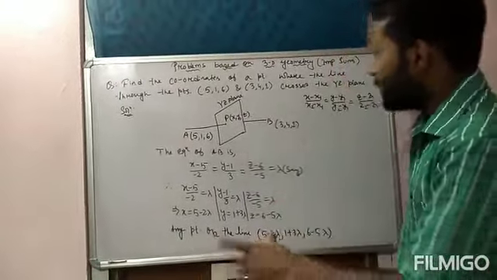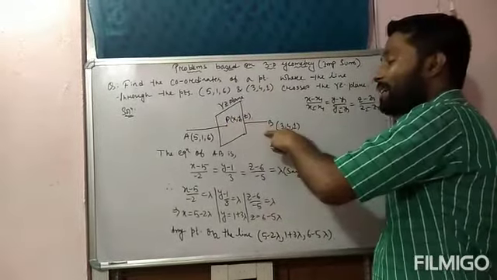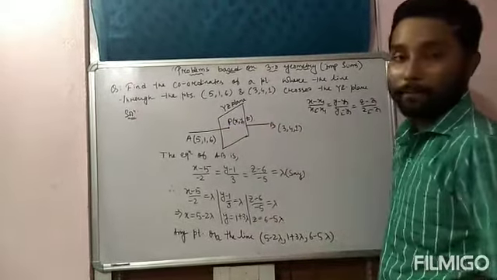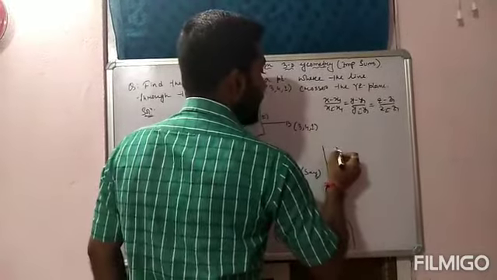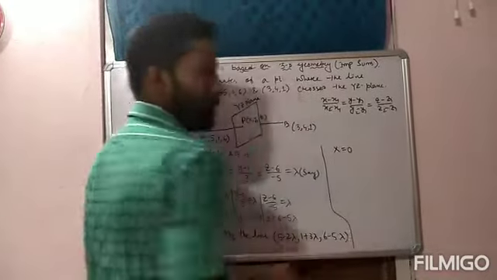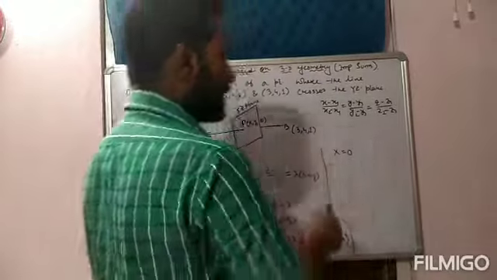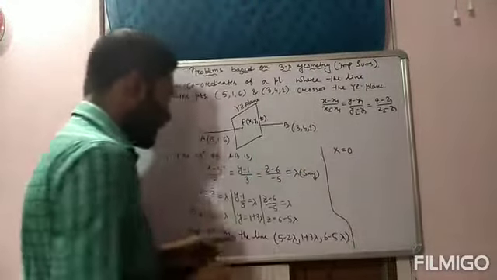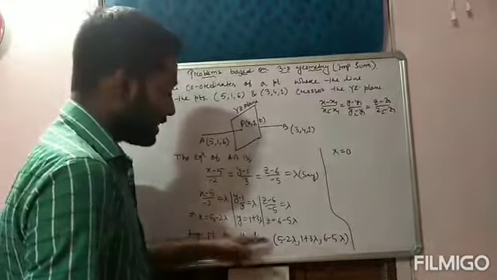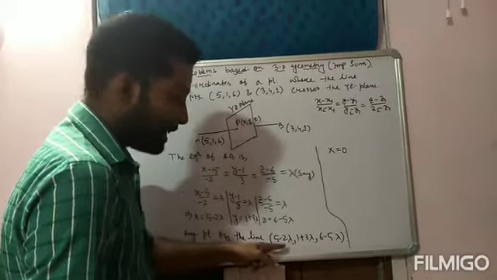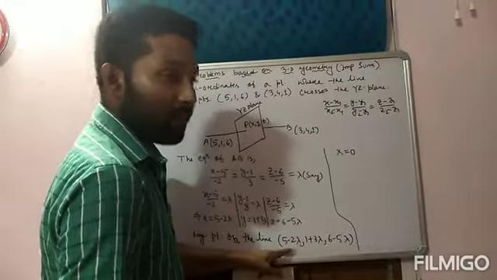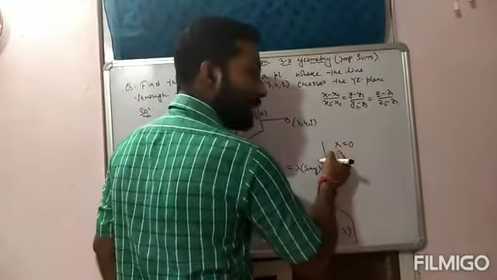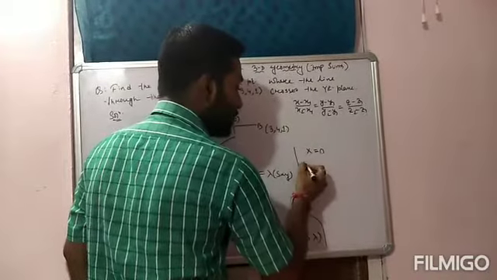part. The next part means, since the line AB is passing through the YZ plane, what is the equation of the YZ plane? We know the equation of the YZ plane is x equal to 0. So here what is the x coordinate? The x coordinate of any point on the line means what? The coordinates here are nothing but x, y and z. So what is the x coordinate here? 5 minus 2 lambda. So since we know the equation of the YZ plane is x equal to 0, therefore we